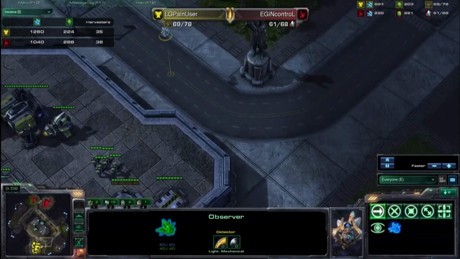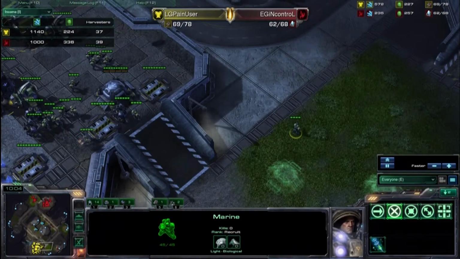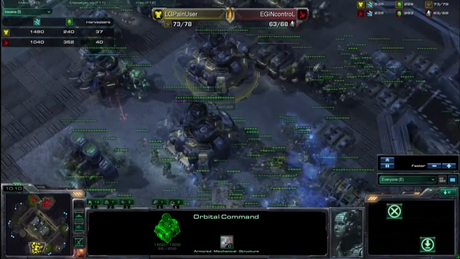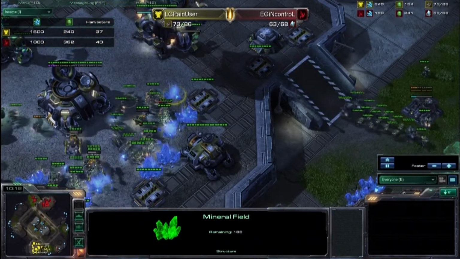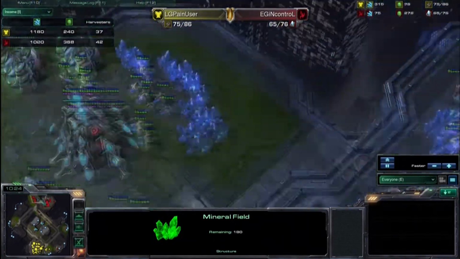Here's the Observer, bam. So yeah, and look at this, Pain User a little slow on the retreat. So now he's even a little bit later in his expansion. Not completely horrible because this command center was building SCVs and muling the whole time, but now his main base is really going to be mined out soon. I mean, look at those patches, 180. We got 2 patches at 180, and